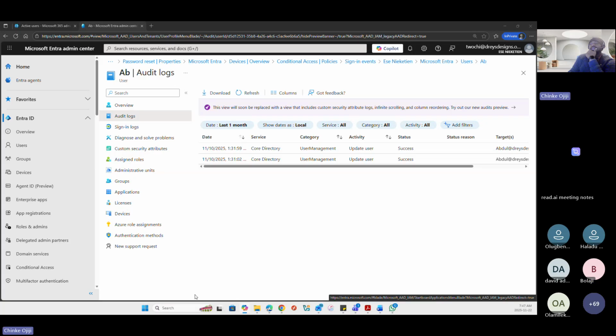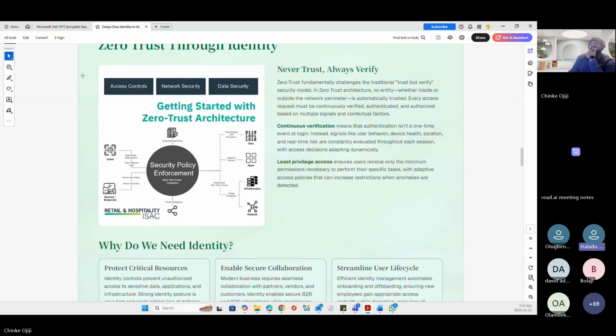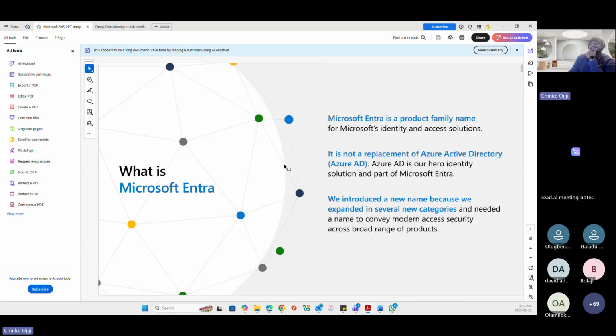Okay, you want to take that, Abdullahi, or... Go ahead, Chinke. Okay, so as I said when I started, Entra ID is not a replacement for Azure AD. Azure AD is part of Microsoft Entra ID.